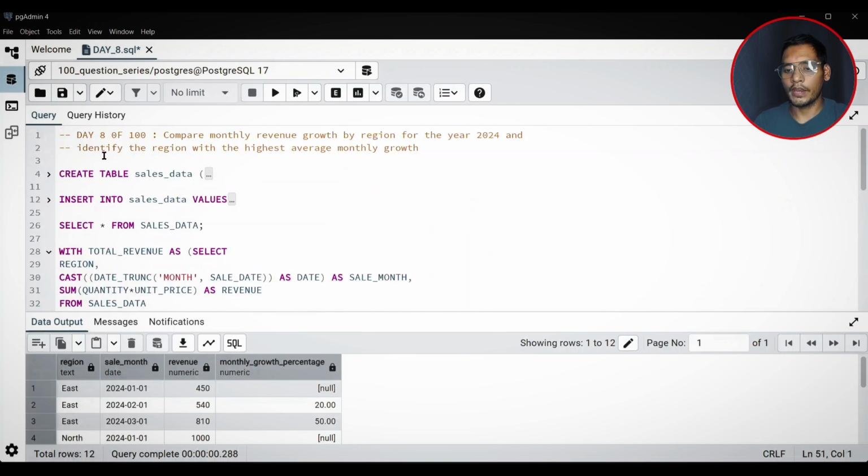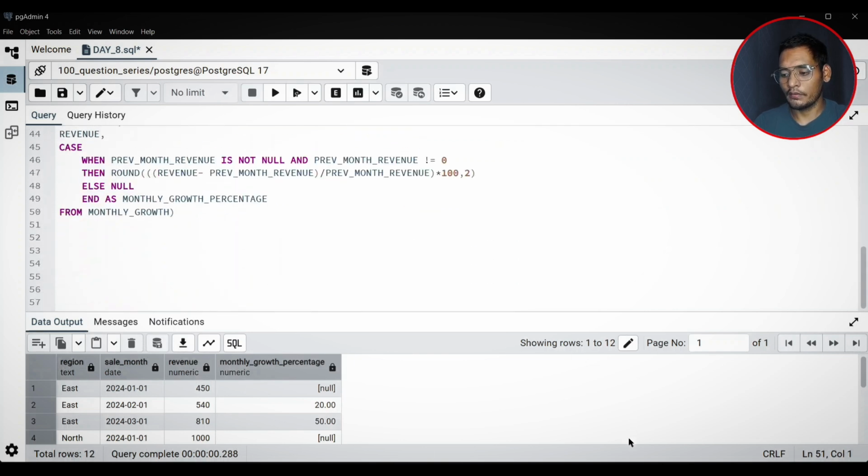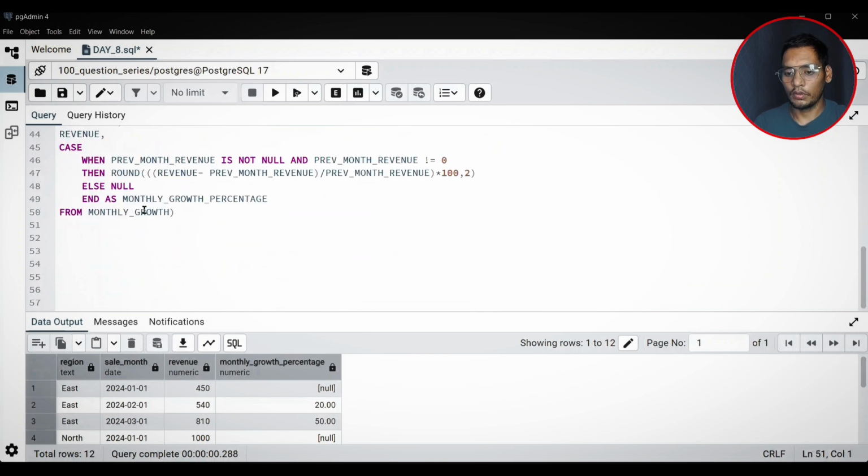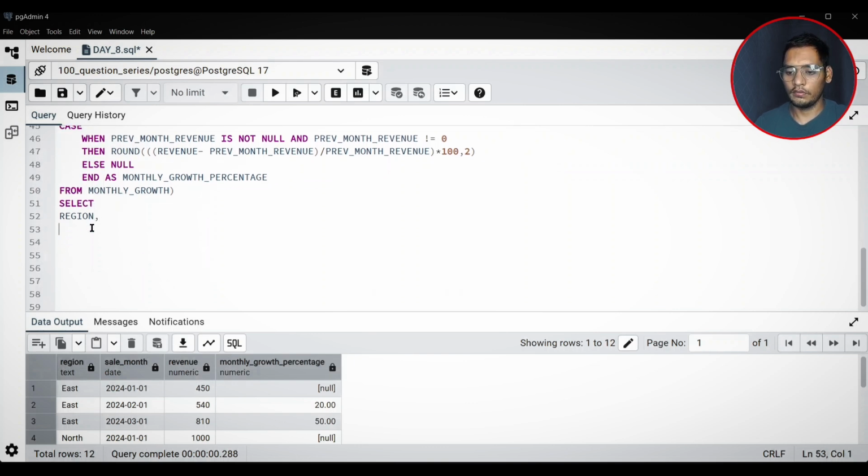Now we are going to the second part of the question, where we have to identify the region with the highest average monthly growth. So now we have calculated this monthly growth percentage here. Let's take a select region and then the average of monthly growth percentage